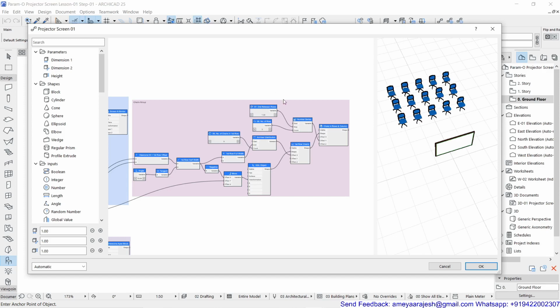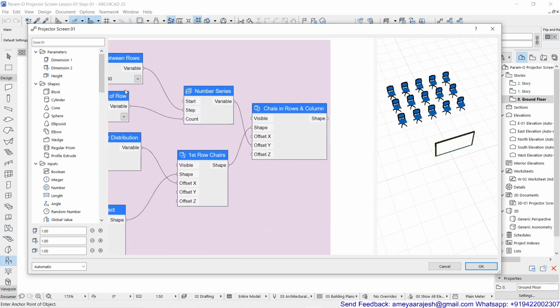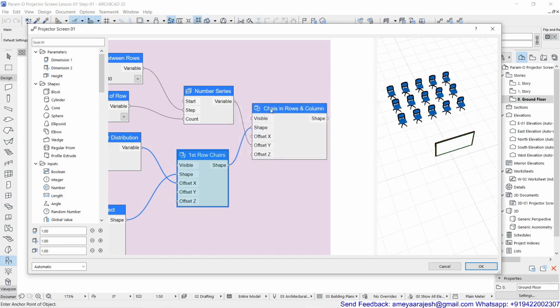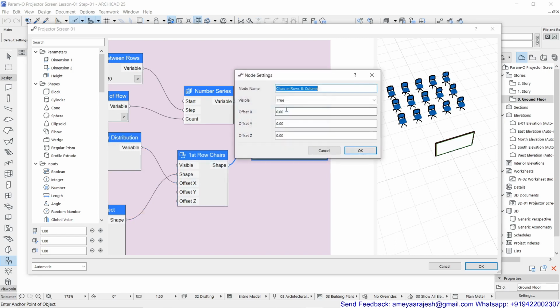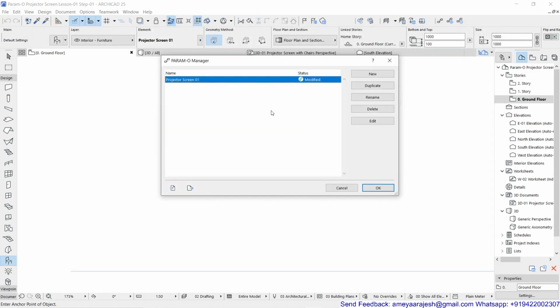So finally, you make sure that, as I mentioned, you have made this group and all the required fields are inside the group. Another thing you should remember, that the first row which you have generated, you should keep its visibility as false, because your last move shape was nothing but a combination of rows and columns. So altogether, this end product should be in a true mode, that is visible mode. Okay, so let's say okay and save this object. So my object is almost now ready for insertion.